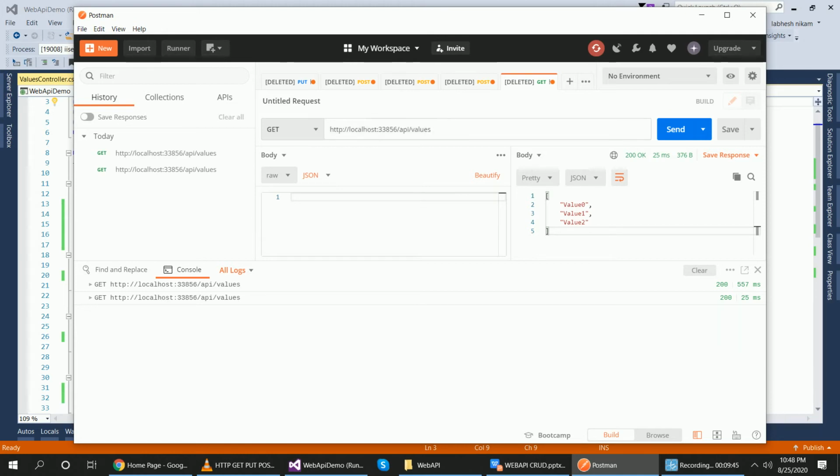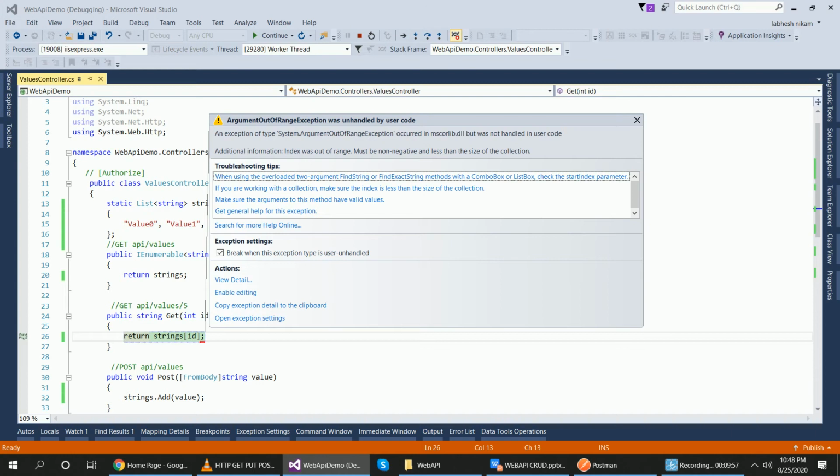If I want to return a single id value, then suppose 3, click on send. There is an error.